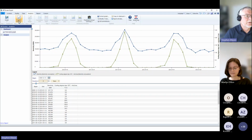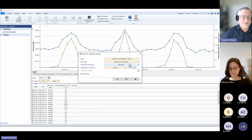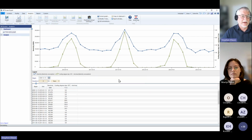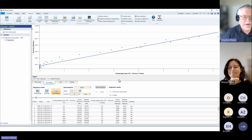Okay, so now we're ready to do that regression analysis, that y equals mx plus b, that Melis showed us. All right, so I'm going to go in here and select that I want electricity as the dependent variable, that which depends on cooling degree days. I'm going to go ahead and hit OK. And it's going to draw me a nice XY graph,